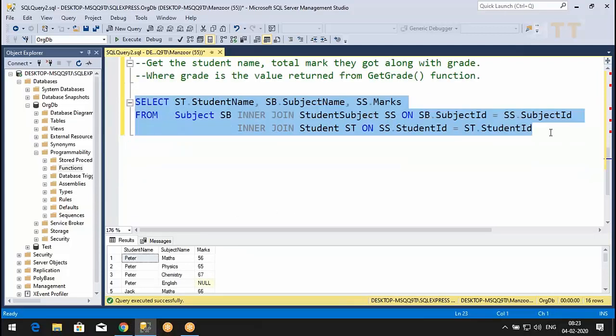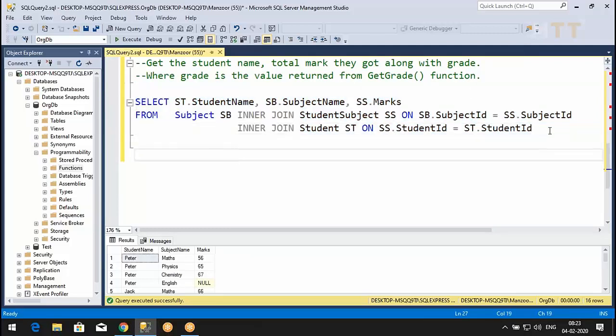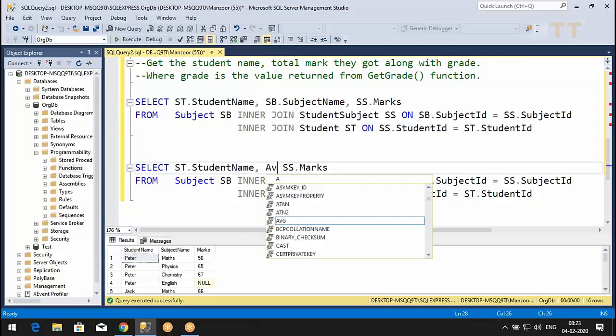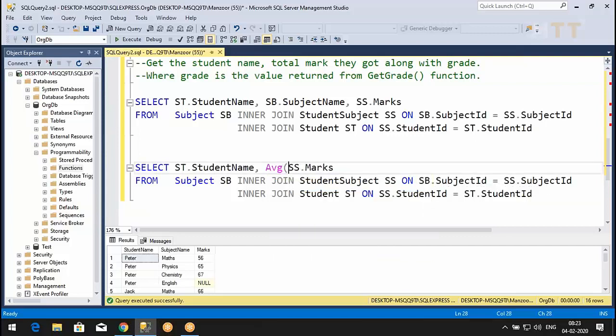Now I need to perform average. Copy. Paste it here. Now if I want average, I'll say student name. I will remove subject name and I'll say average of marks as average.